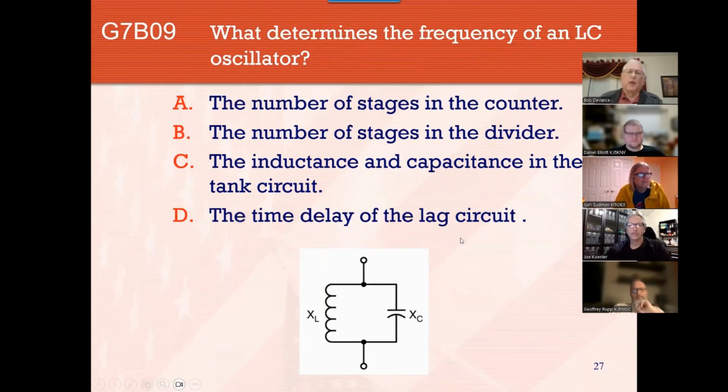Okay. What determines the frequency of an LC oscillator? You remember what L represents an inductor, C represents a capacitor, L is measured in henries, capacitance is measured in farads. So when we put a capacitor and an inductor together, we can use that to control the frequency of an oscillator. So out of those things, the number of stages has nothing to do with it. The time delay of a lag circuit is something somebody made up, which leaves us with inductance and capacitance in